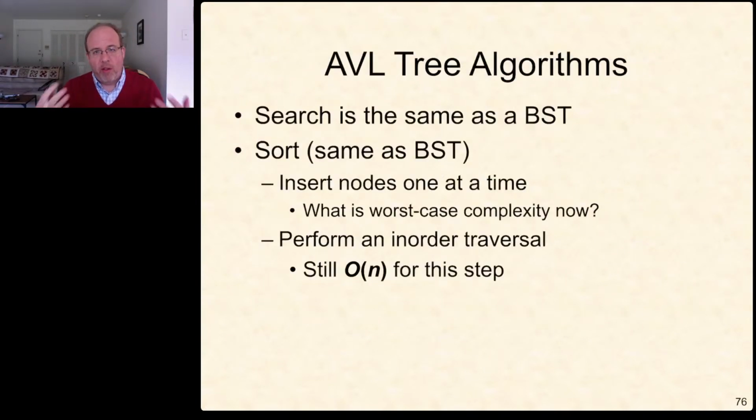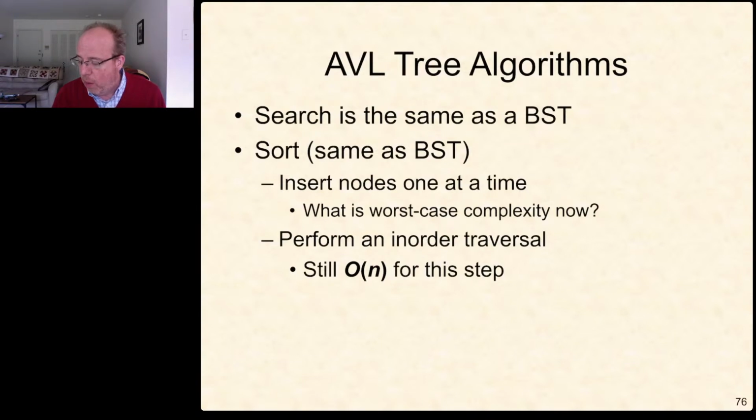Okay, so just how do we do AVL tree algorithms? Search is the same as in a binary search tree. An AVL search tree is a binary search tree. We're not modifying it, so we can't modify the AVL property. So search just works the same as a binary search tree. The same with sorts. So if we're going to use an AVL tree to sort a bunch of numbers, we